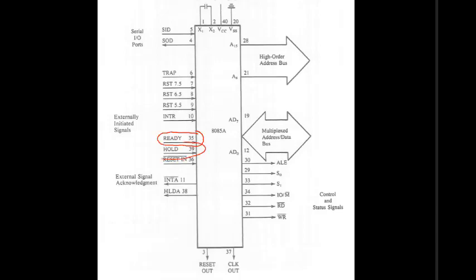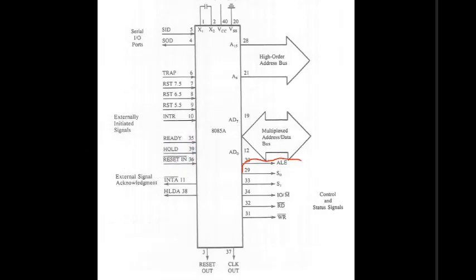We have also seen the HOLD signal, and these 2 are signals used in externally initiated operations. If you want to reset the processor, the reset pin is used, and it is active low. When any device interrupts the processor, the processor gives an acknowledgement; this is the acknowledgement signal. And when any device gives the hold signal, the processor gives HLDA, hold acknowledge. These are outputs, in response to interrupt and hold respectively.